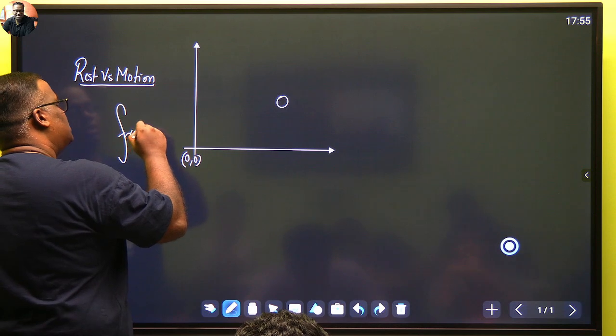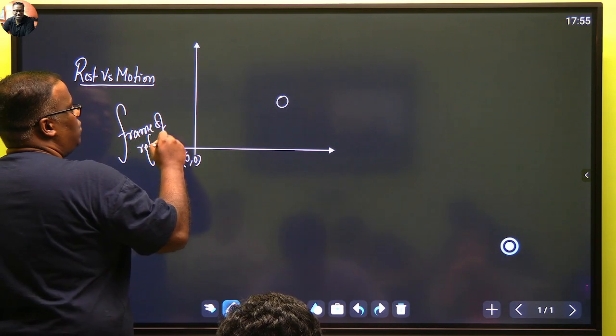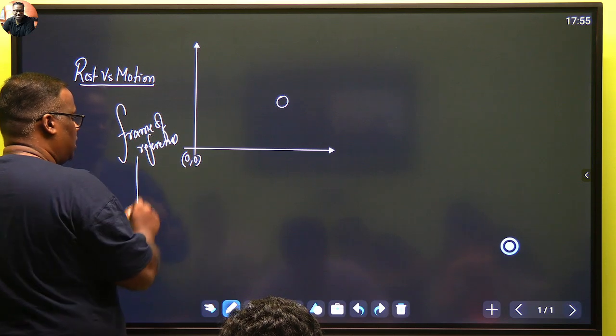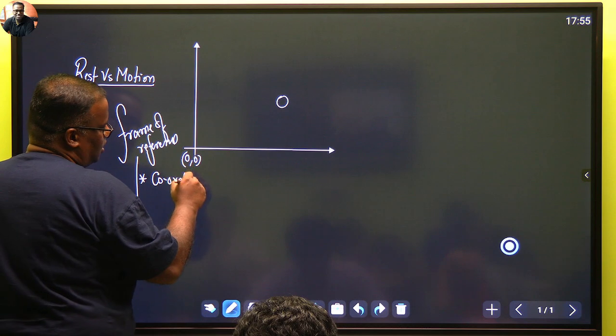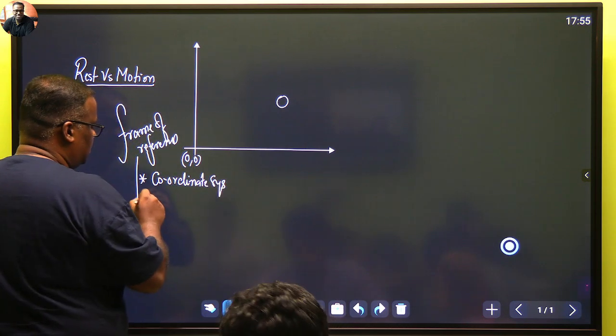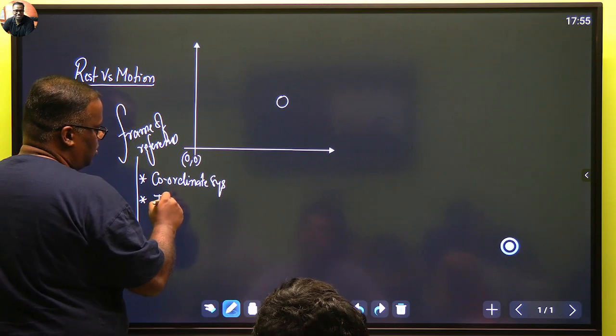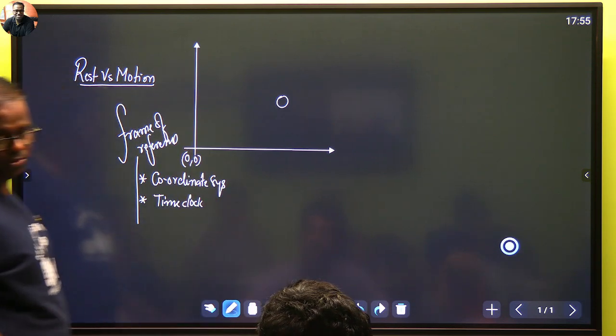Frame of reference. Frame of reference किन चीजों से बनता है? दो ही चीज चाहिए आपको, एक coordinate system, और another thing that you want is a time clock. ये दो चीज है तो आपका frame of reference तैयार हो गया।